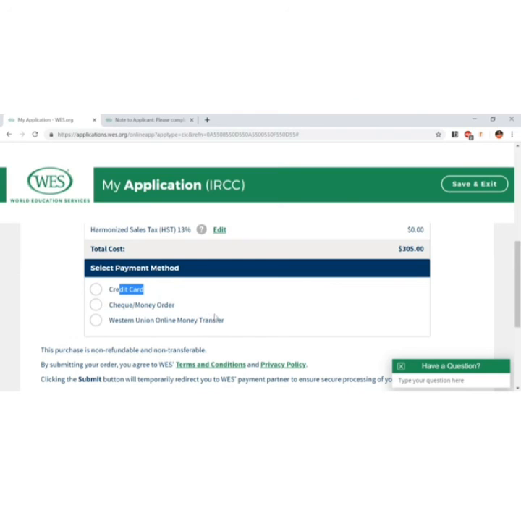the Western Union money transfer. But I would suggest the best, easiest and fastest method is credit card, because you enter your card details, if you get an OTP, enter it, and the payment is done. You get your reference number then and there.